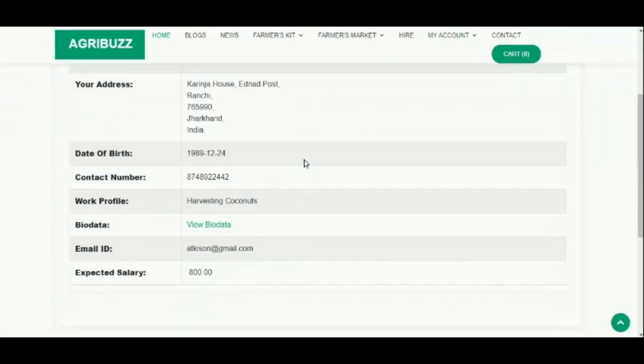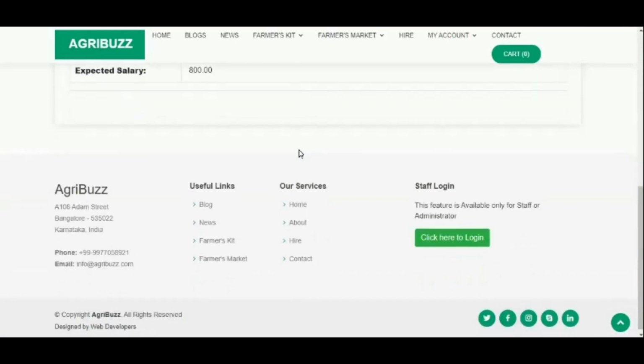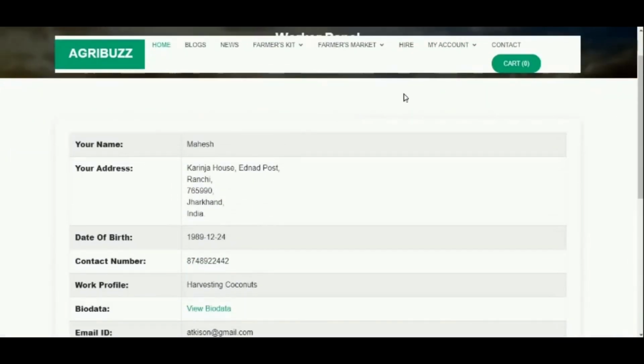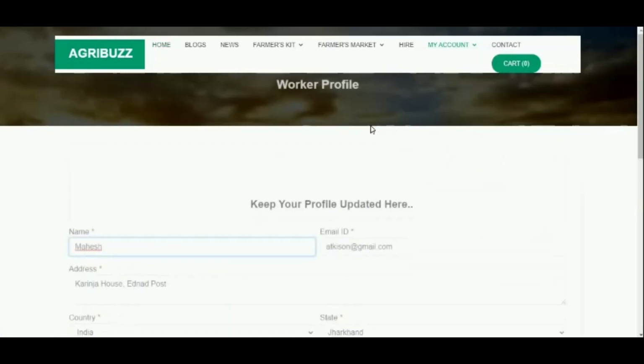As the worker logs in, worker panel is visible, which includes the worker details. Under My Profile, worker can update their profile.